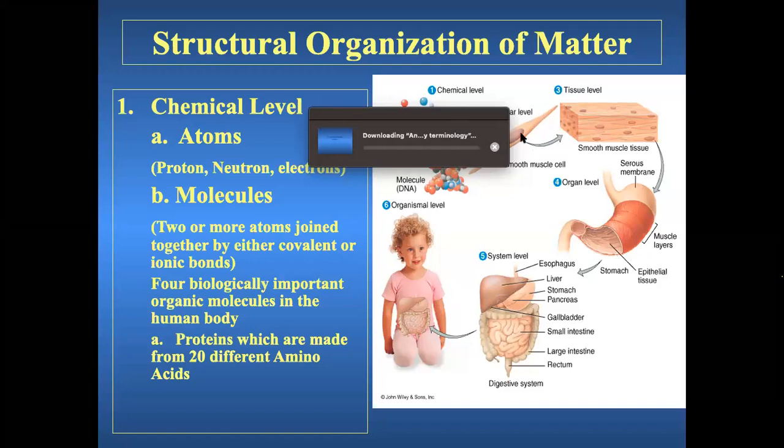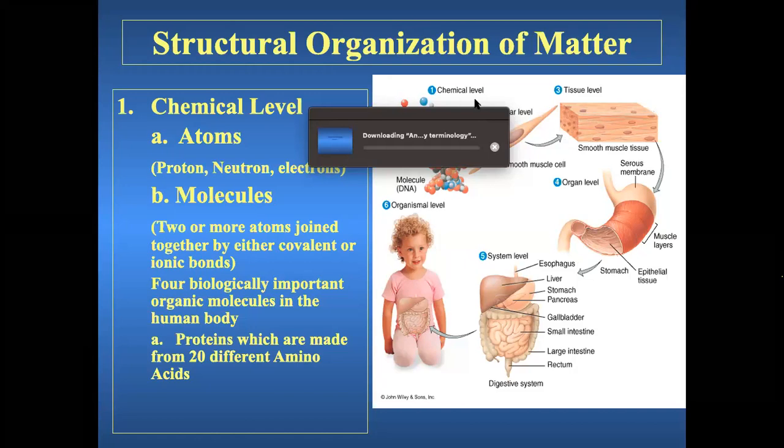Now these cells join together to form tissues. You must already be aware of all this. We are simply repeating so that we need not go back and have confusion. So various cells join together to form tissues. Example here, it is given, smooth muscle cell. Various smooth muscle cells join together to form smooth muscle tissue. Smooth muscle tissues are present in various organs.